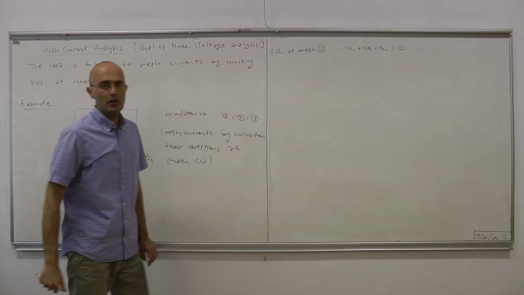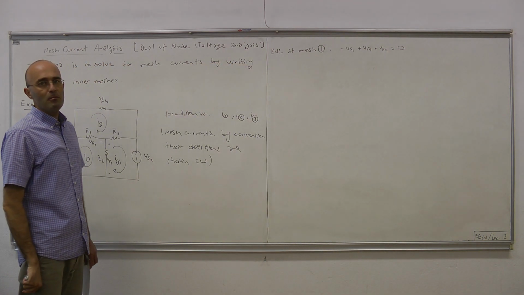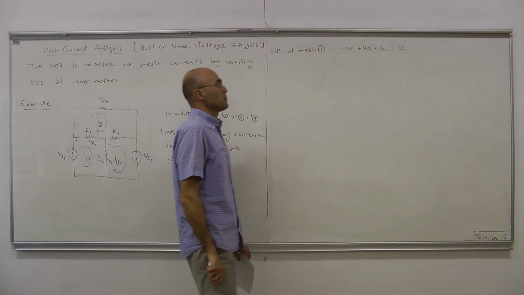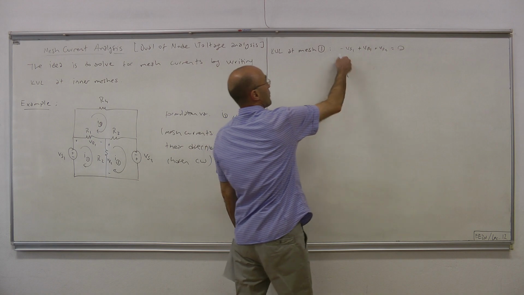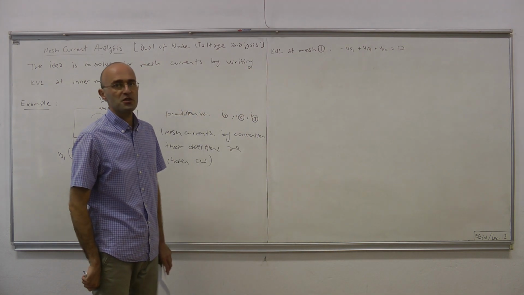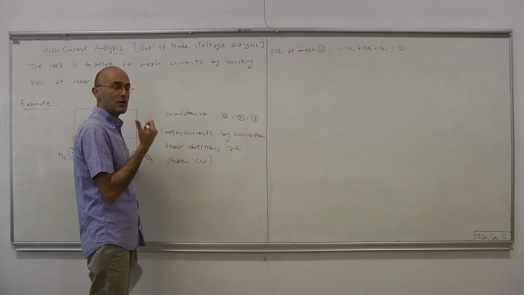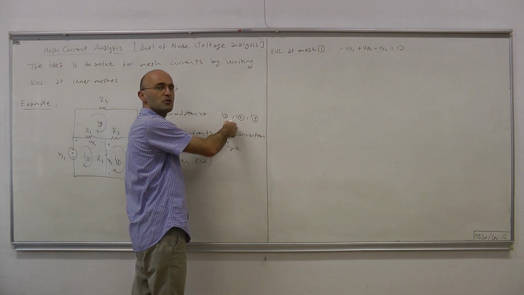Okay, by KVL that equals 0. Now there's a problem with that equation. The problem is not that it's incorrect, it's correct. Those 3 voltages sum to 0. But the problem is that we want our equations to be in terms of our formulation variables, namely the